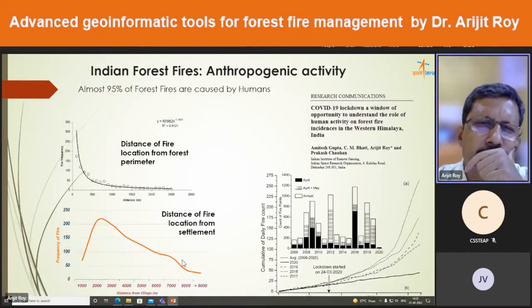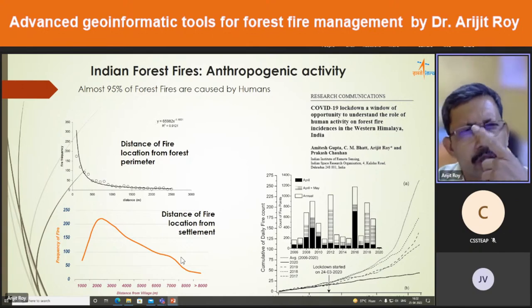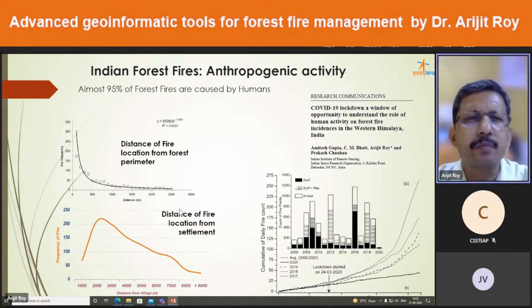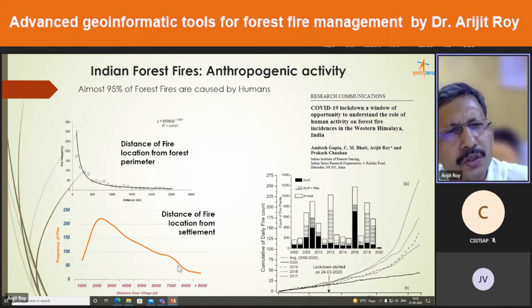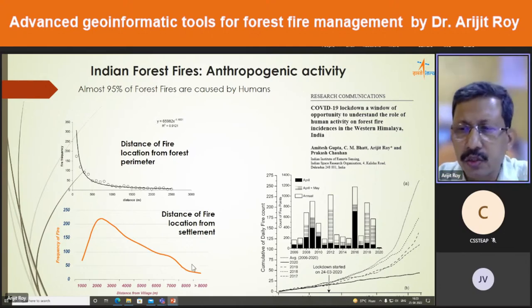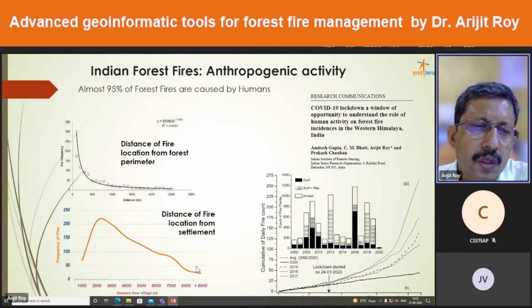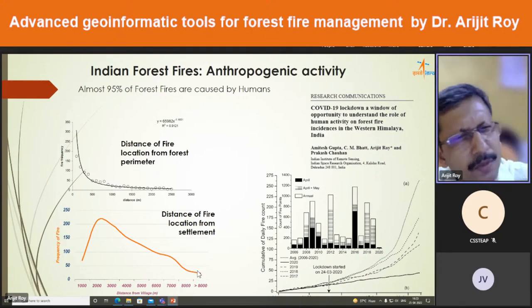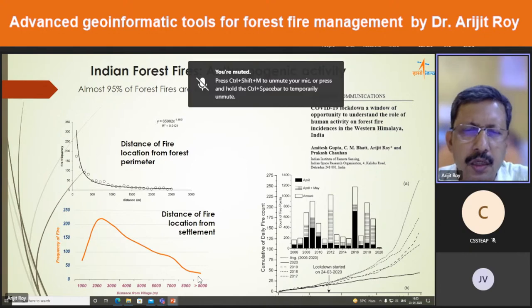If we talk about the Indian forest fires, it's mostly anthropogenic. Almost 95% of the forest fires in India are caused by humans. A number of geospatial experiments have been carried out, which point to this fact. A small experiment was carried out in the erstwhile Andhra Pradesh, which at that time had both Telangana and Andhra Pradesh in it,